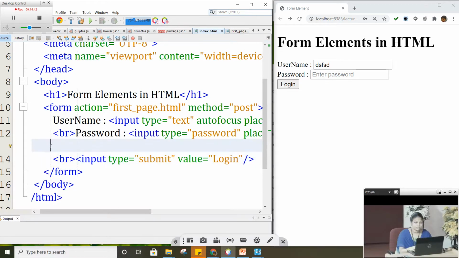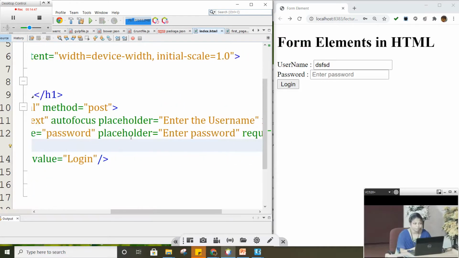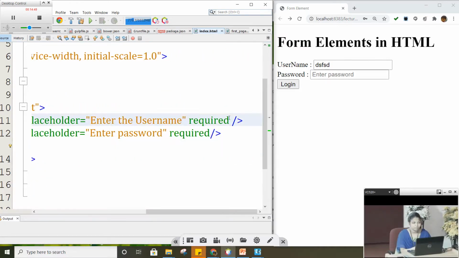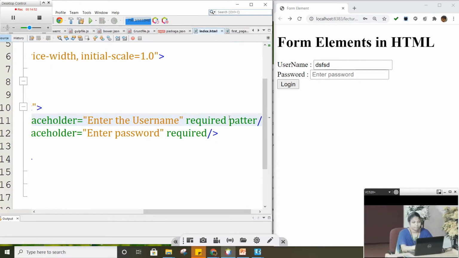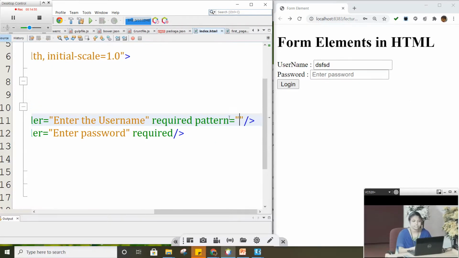Okay. So the next form element, before that let us see one more attribute here, that is pattern. So I can set some pattern, which means I can give some regular expression here, and I can make sure that whenever the username is set, it should have this many characters, or it should be in this format. Like that I can make sure. We will make one pattern for the username and we'll make one more pattern for the password as well. So we'll say for the username there should be at least 6 characters.